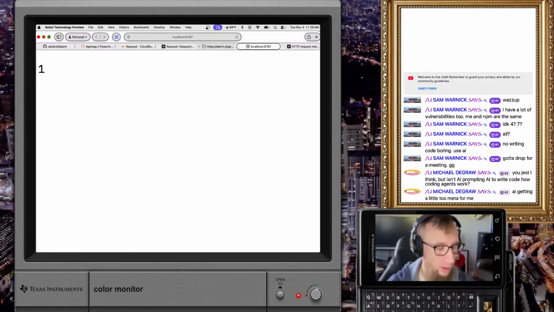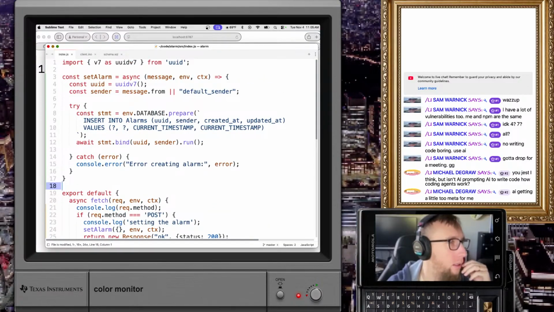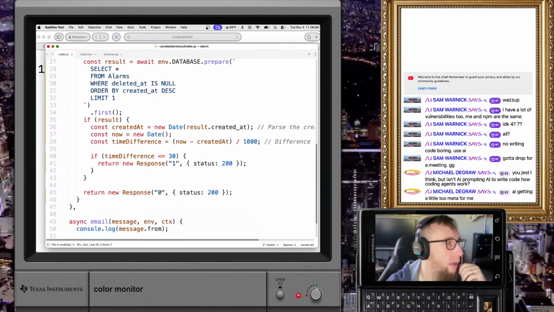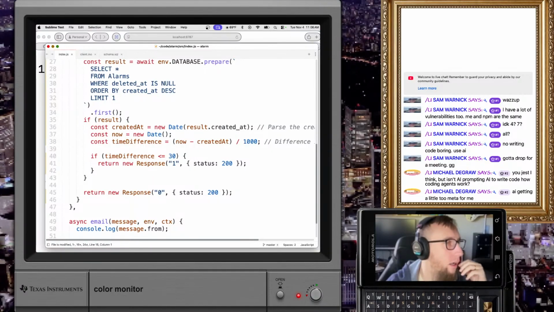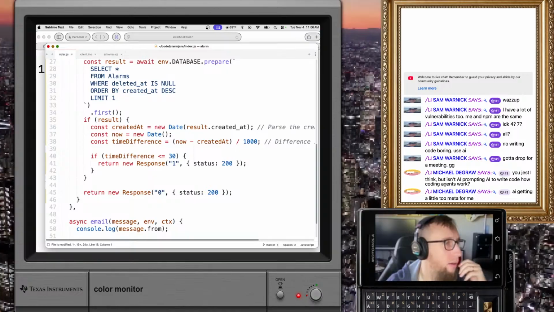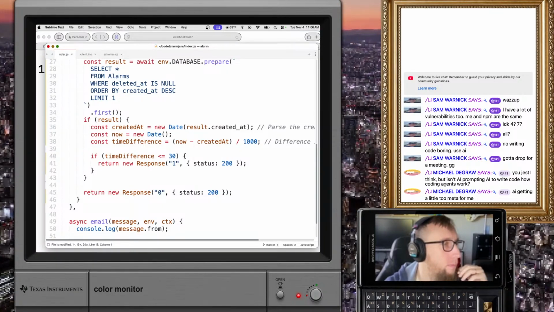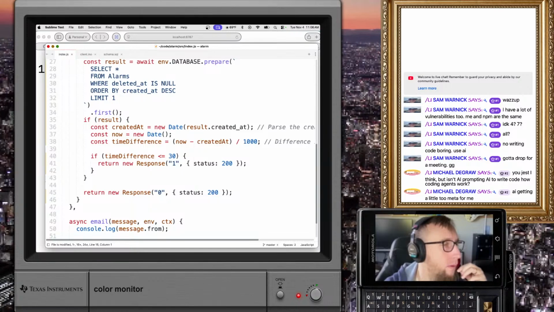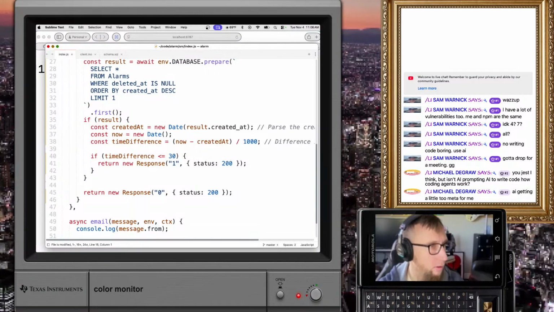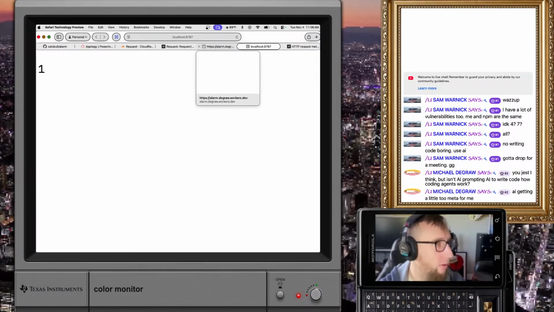I don't remember how long. What is this timing doing? Difference in seconds. So should that be after 30 seconds? So after 30 seconds, it should reset to 0.